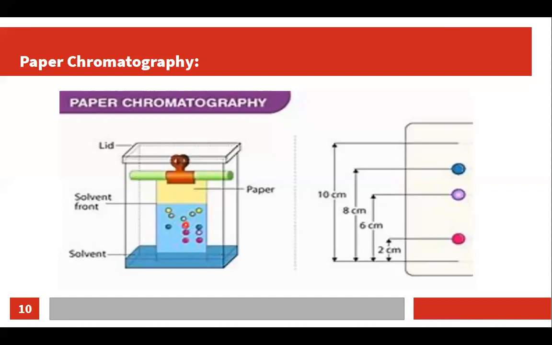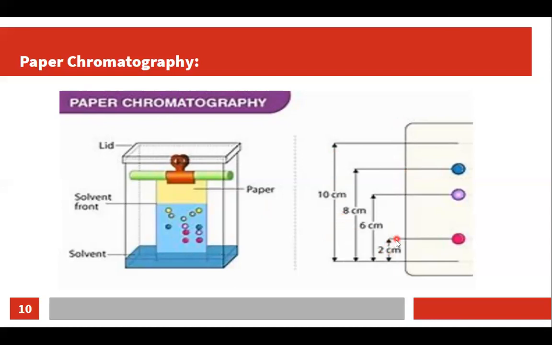So you can calculate this thing called retention factors. So the equation is retention factor equals distance moved by a substance, so that could be the dye, from the baseline, divided by distance moved by the solvent, which is usually water, from the baseline. So for example, on our diagram on the right, the water moves 10 centimeters, and let's say the red dye